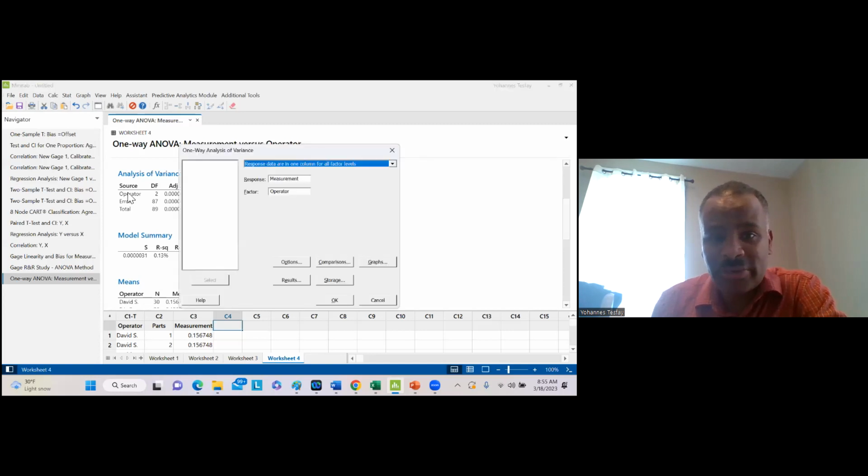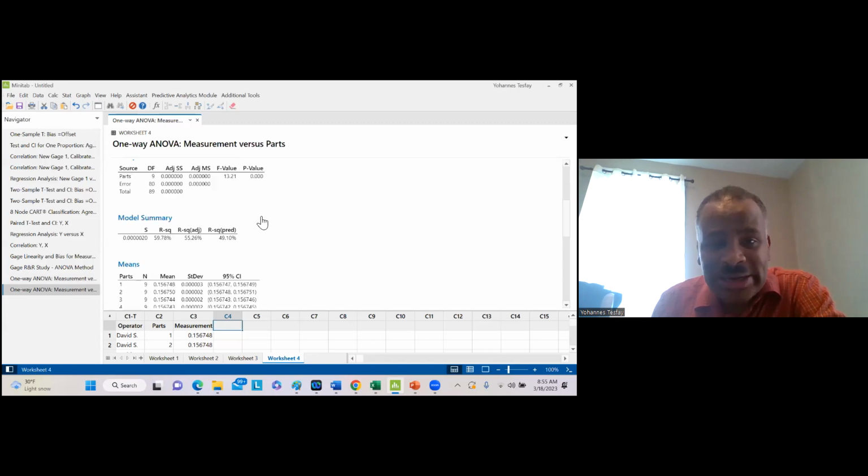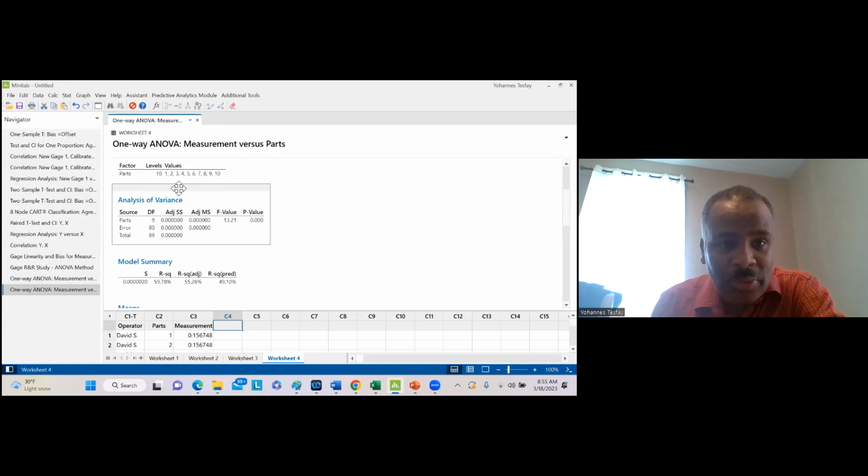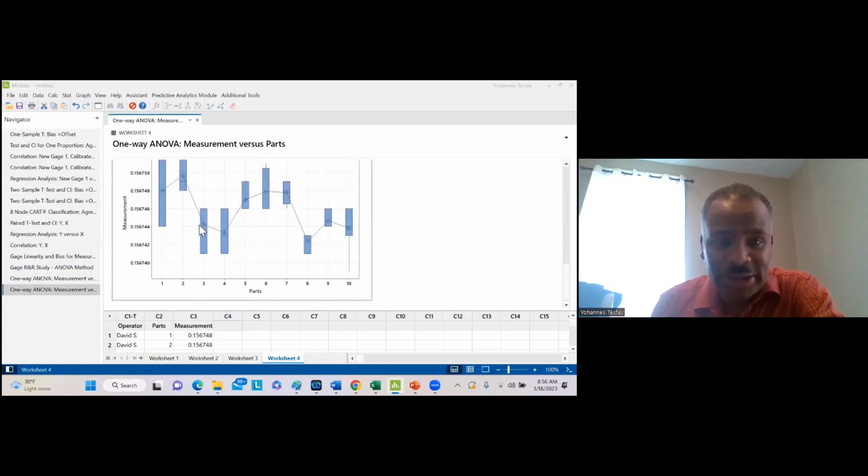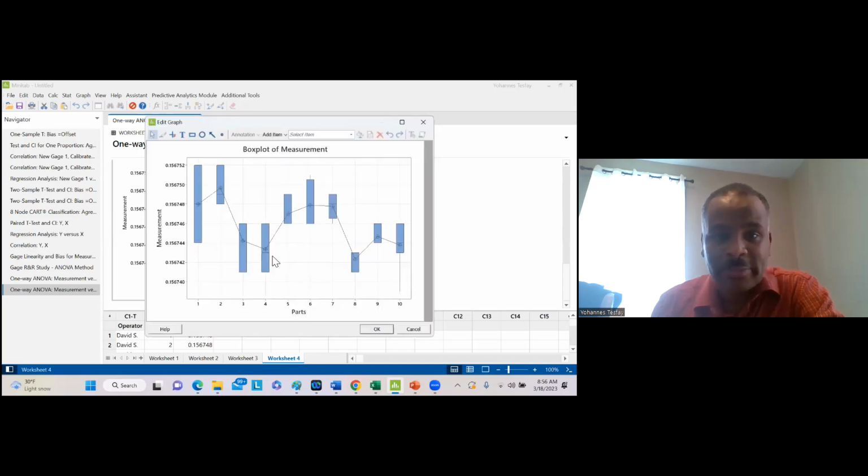Again, I will do the same thing. Instead of operator, I'm going to put the part. Okay, I'm going to put the part, everything the same. So here, you see, part-to-part variation is significant. That means when we just produce those parts, 1 to 10, then we see that one part is different from the other. As you see right here, we want those parts to be aligned. But part 1, for example, is a very bad part. Okay, very bad part. That means this is telling you, okay,